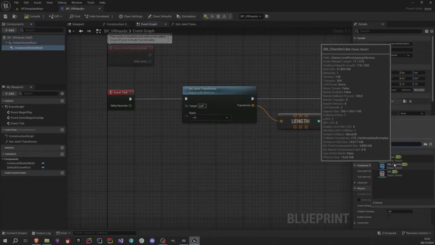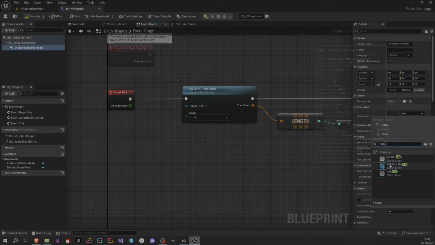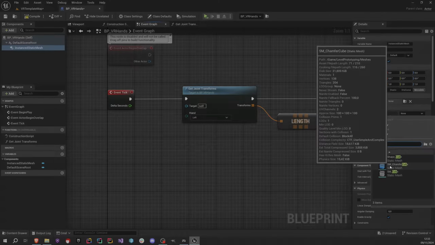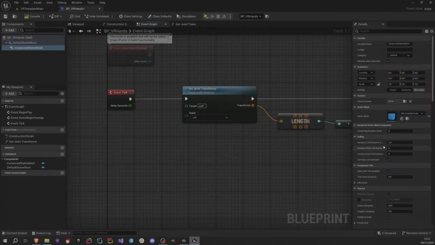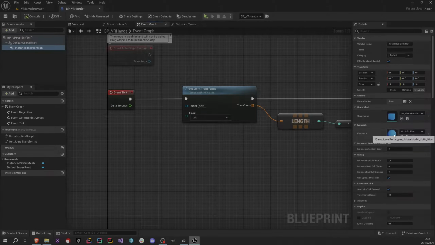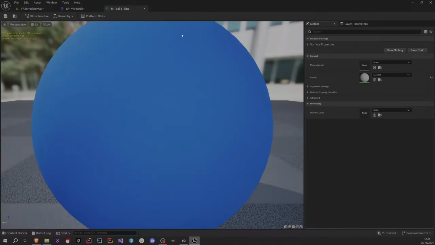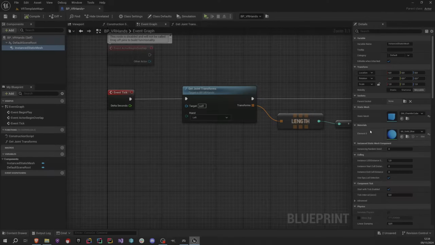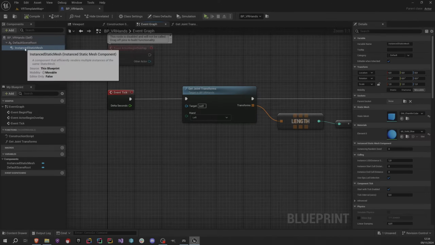There are a bunch of static meshes here, but I'm going to filter on cube, and I'm going to use this SM chamfer cube, which is this blue one. And when I compile it, it also has a material. You could also go to the material editor and change the color or whatever you want to do with it. But I'm very pleased with the current color. So I'm going to save this. Now, we have an